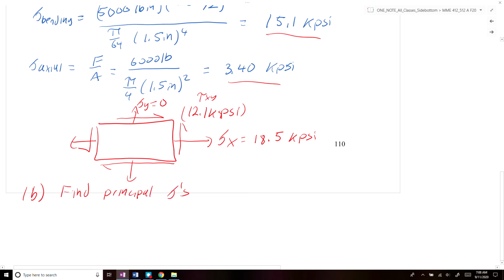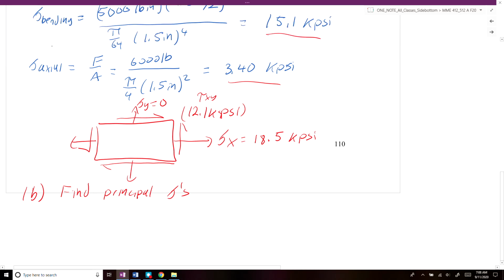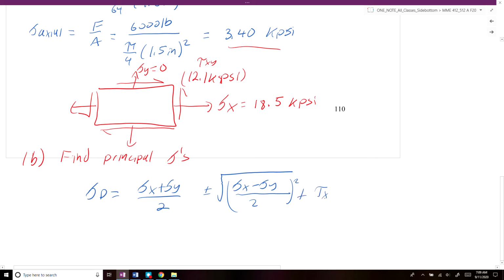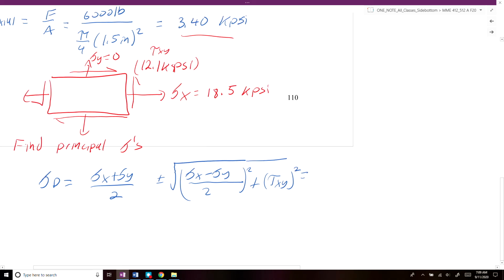We know for a 2D state of stress like this one, sigma p would be equal to sigma x plus sigma y over 2 plus or minus the square root of sigma x minus sigma y over 2 squared plus tau xy squared. If we plug everything in to this equation, we end up getting